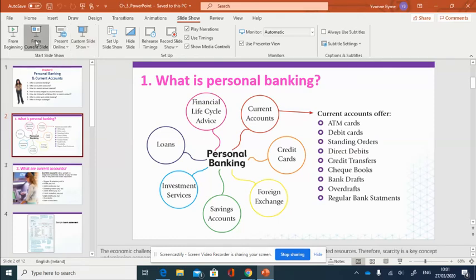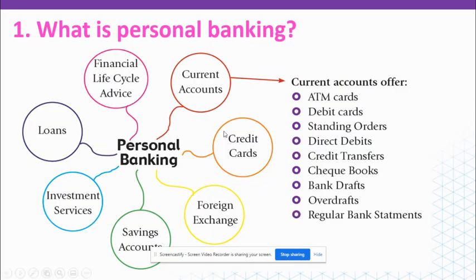Hi, so just continuing on from the last video, I was saying a credit transfer is when you transfer money from your bank account to your friends or to somebody else's. You need their bank details, they give them to you, and you can go online and say, okay, I'm going to transfer €50 to my friend's bank account, and you write in their bank details, and it's just a one-off thing you can do.